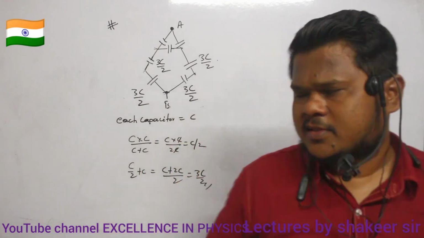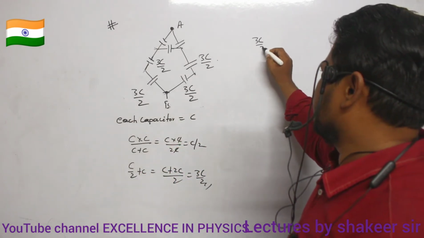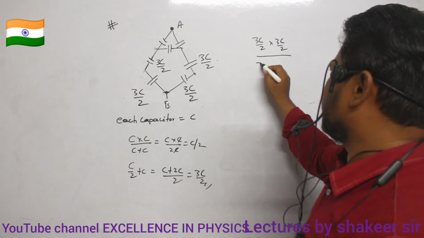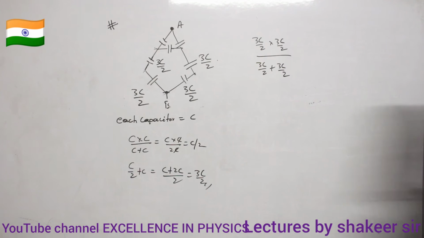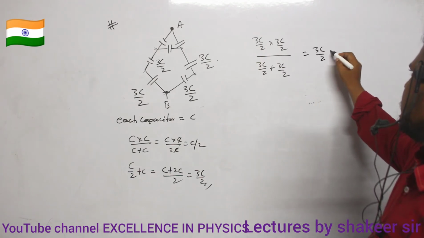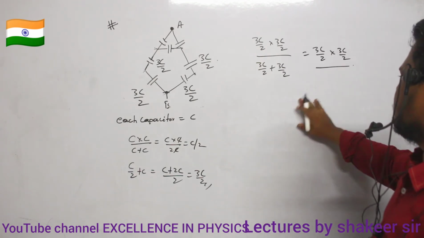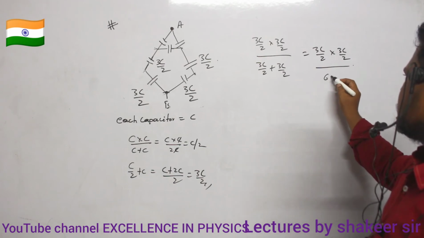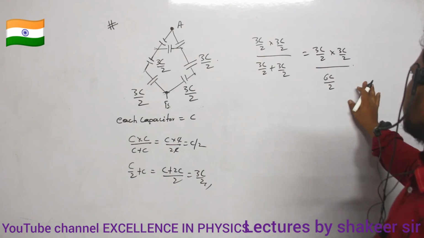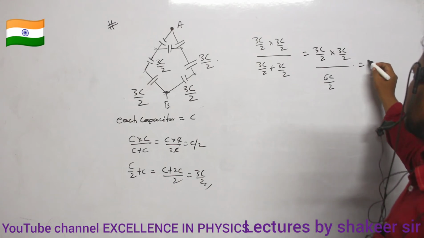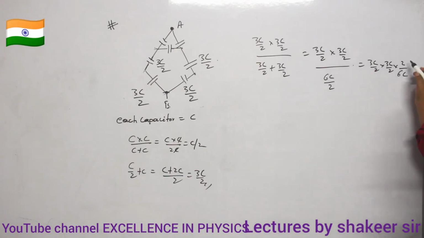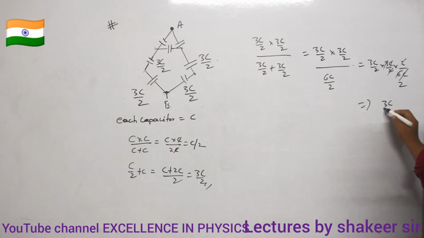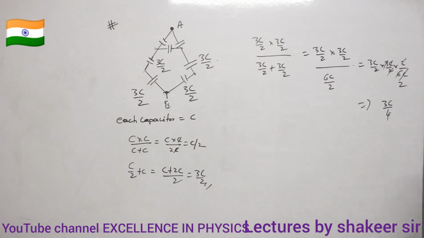If they are connected in series connection, therefore what I have to do? So 3C divided by 2 into 3C divided by 2, divided by 3C divided by 2 plus 3C divided by 2, because they are connected in series connection. Okay, ma? So 3C divided by 2 into 3C divided by 2 divided by, this is how much, ma? This is 6C divided by 2. Clear, no? So how can I write this? 3C divided by 2 into 3C divided by 2 multiplied by 2 divided by 6C. Clear? So the 2s get cancelled, C and C get cancelled, 3 ones are 3, 2 twos are 4. So how much, ma? 3C divided by 4. That is what I got.